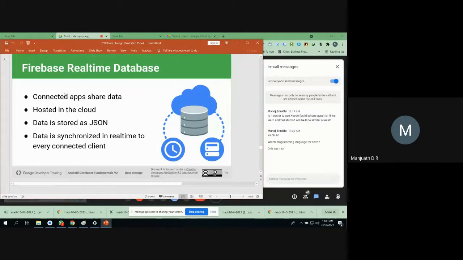Normally we have data, and multiple apps and multiple users can share the data. Normally, these databases are hosted in the cloud, located somewhere in different locations, and of course, the services are provided through the internet. That's nothing but cloud. And I already told you that it is unstructured, purely unstructured. You are not thinking in terms of structured things.